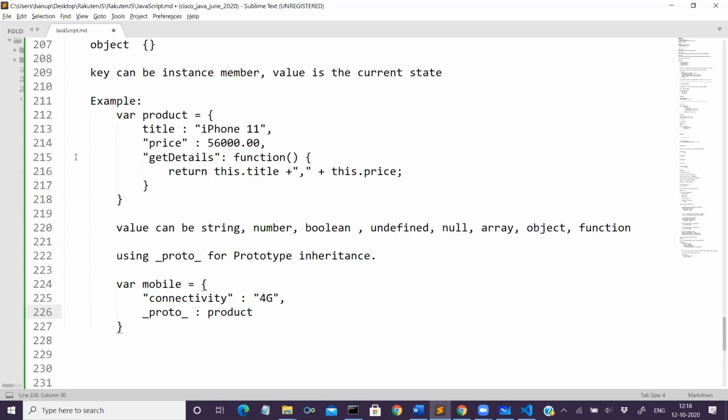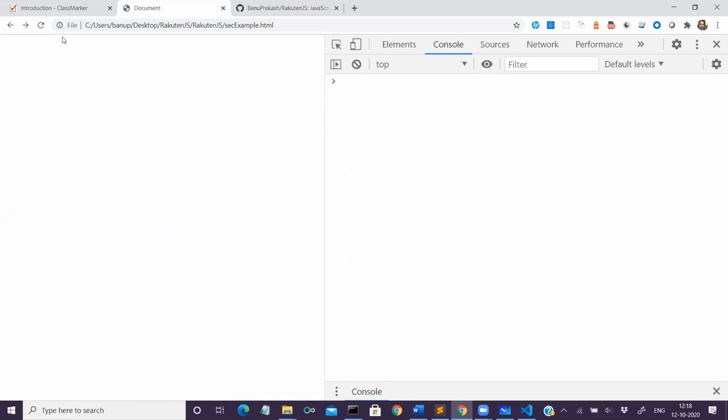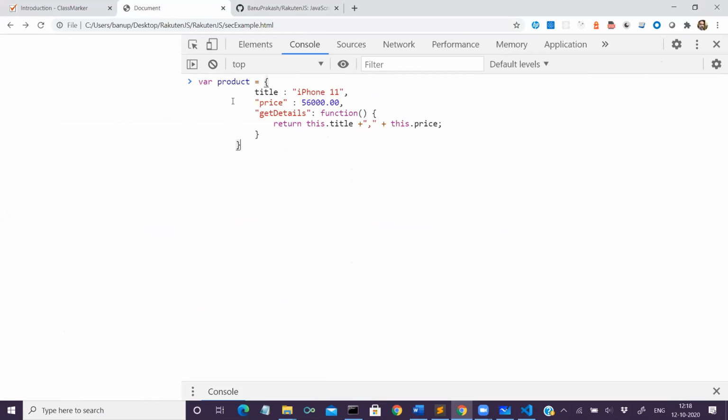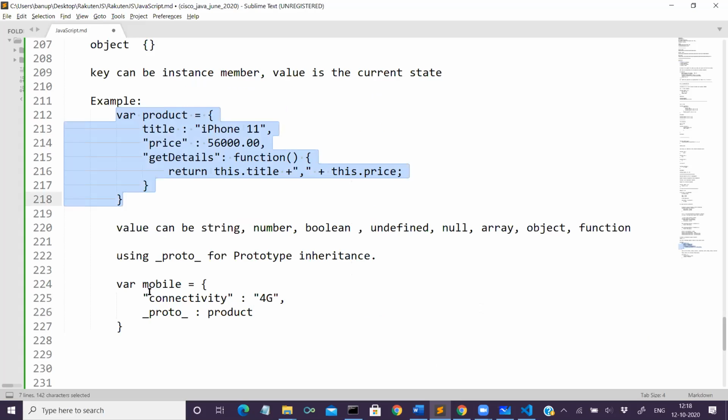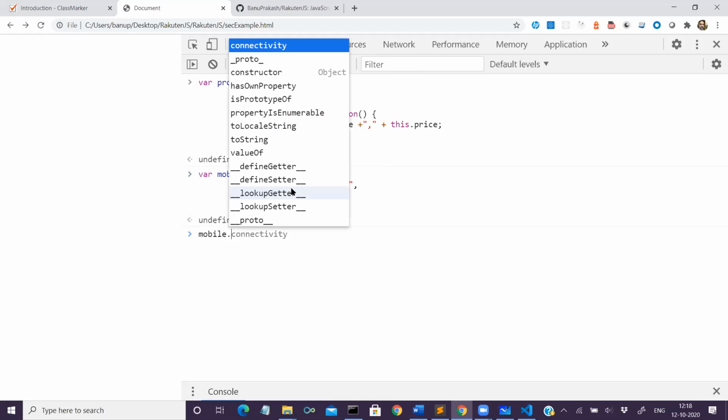Now see this. I'll show you here itself in the browser. I created a product, mobile. Okay, mobile dot,